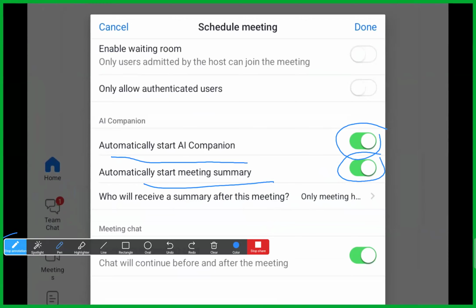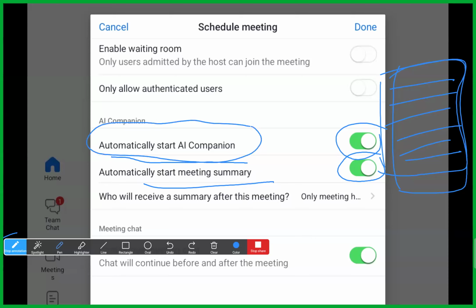Actually, what happens is after the entire meet, it will give you a bit of summary. What happened in this session? What are the things that were taught? It will be providing the summary. It will not be that useful, because students have got it already in the course session, they don't want it again, right? Usually we are lazy to read everything, isn't it? So we do not actually prefer using this, but we still switch it on. AI meeting summary, AI companion, we will use that.